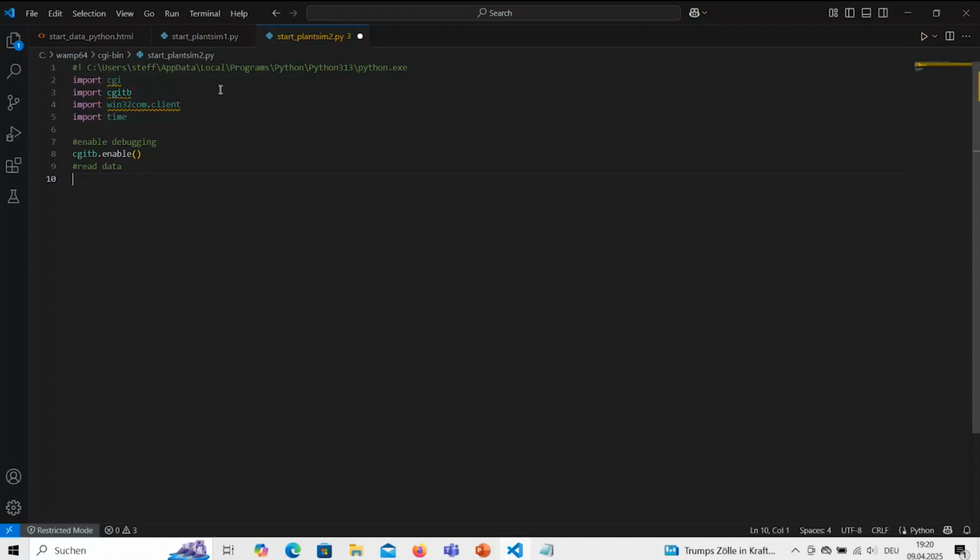And I can do this with FieldStorage. With FieldStorage, I get access to all the data from the HTML form, and I create two variables. For ProcTime1.